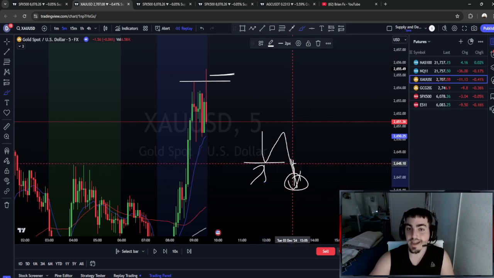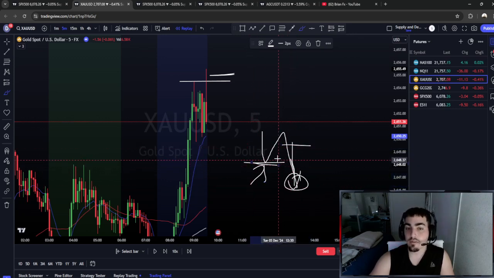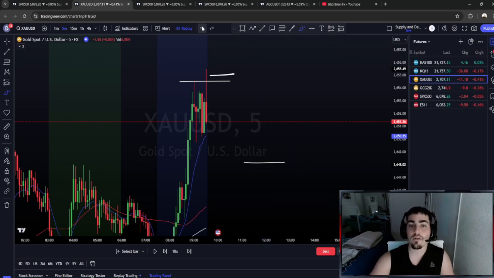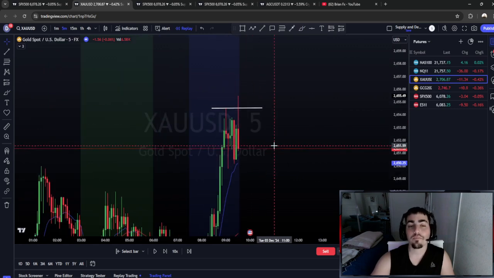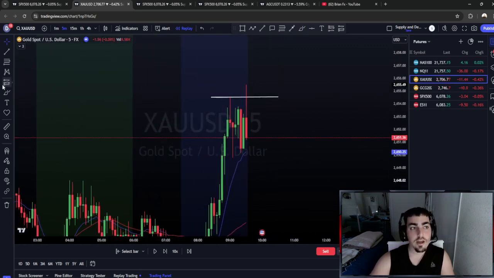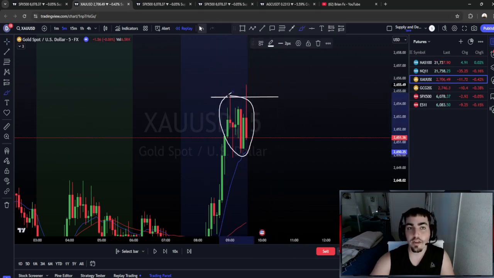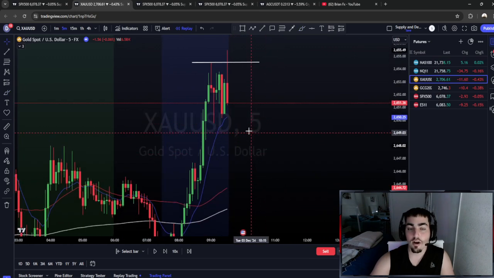You need a wick and then a closure above the previous low. Even if it is a closure like right here, but it's still a little bit above the previous low, that's still valid. All right, what you need is not a closure below or above the higher low. So right here, we didn't get that closure. It was just a wick, so stopping those traders that sold over here, and then it closed all the way